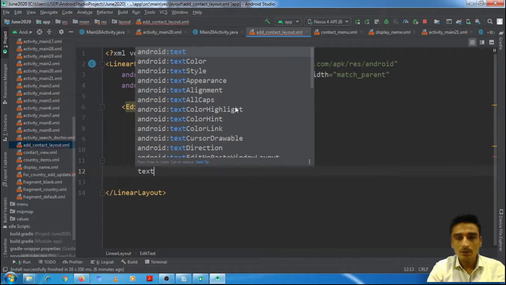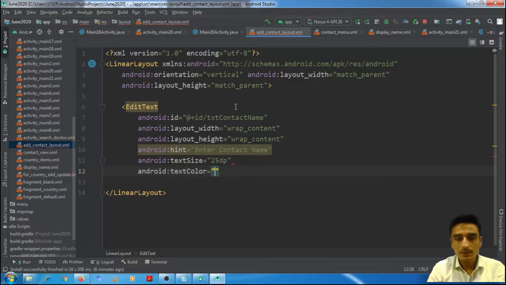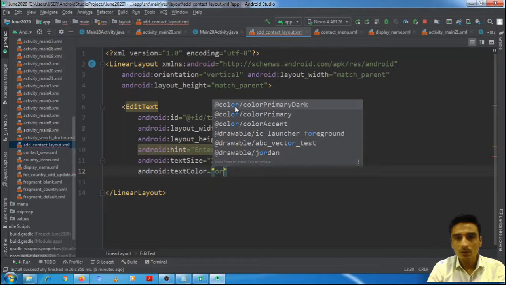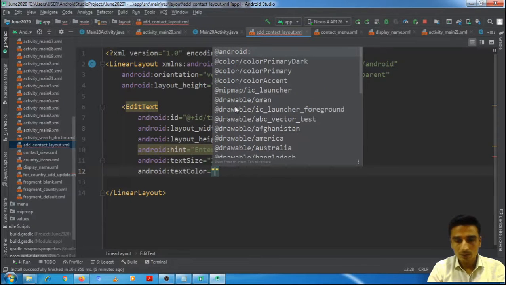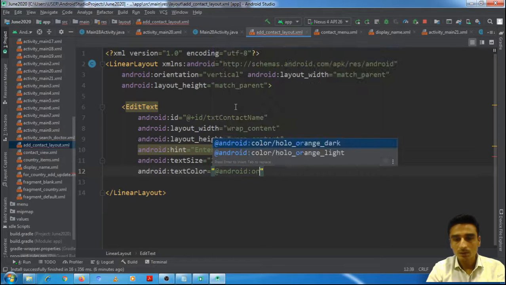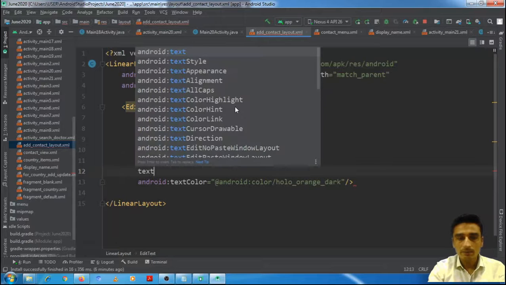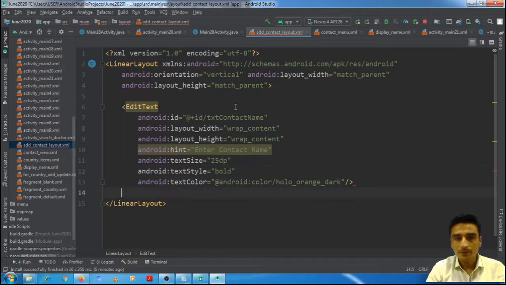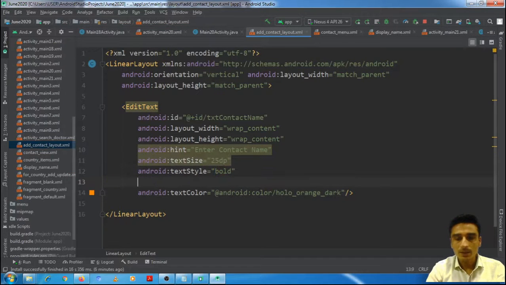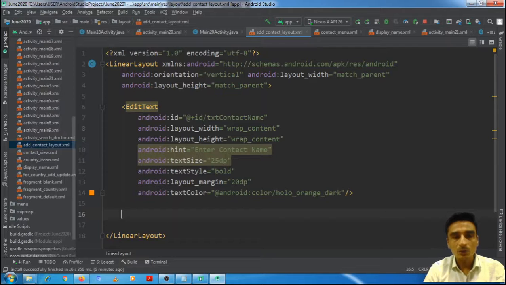Text color would be set as orange. Text style we will set as bold. And margin dp. Here we would not give any caption or title because the title will be given in the dialog box.